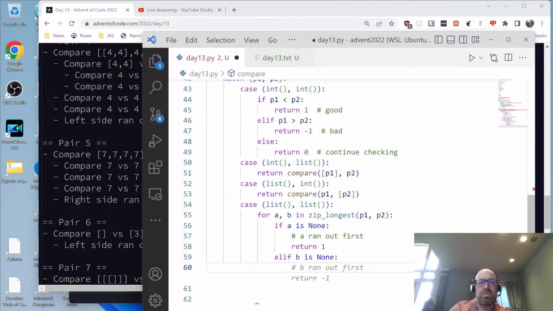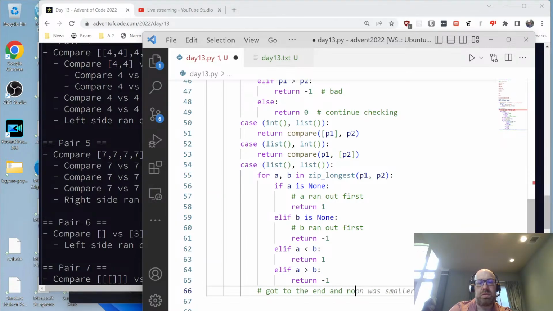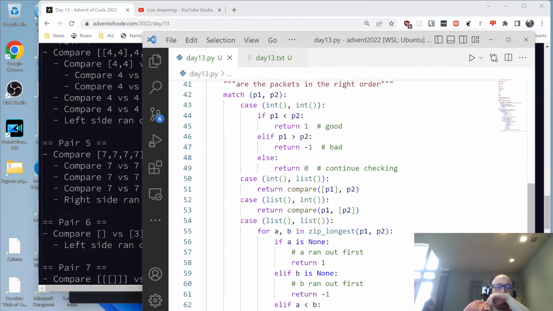Otherwise, if B is None, B ran out first, return -1. Otherwise, if A is less than B, return 1. If A is greater than B, return -1. And then we got to the end and none of these happened, so let's return 0. Okay, and